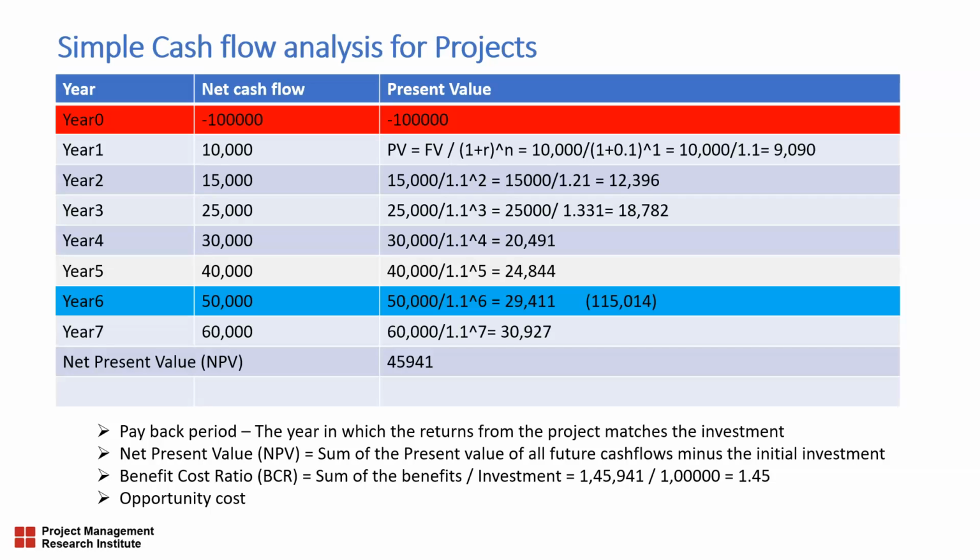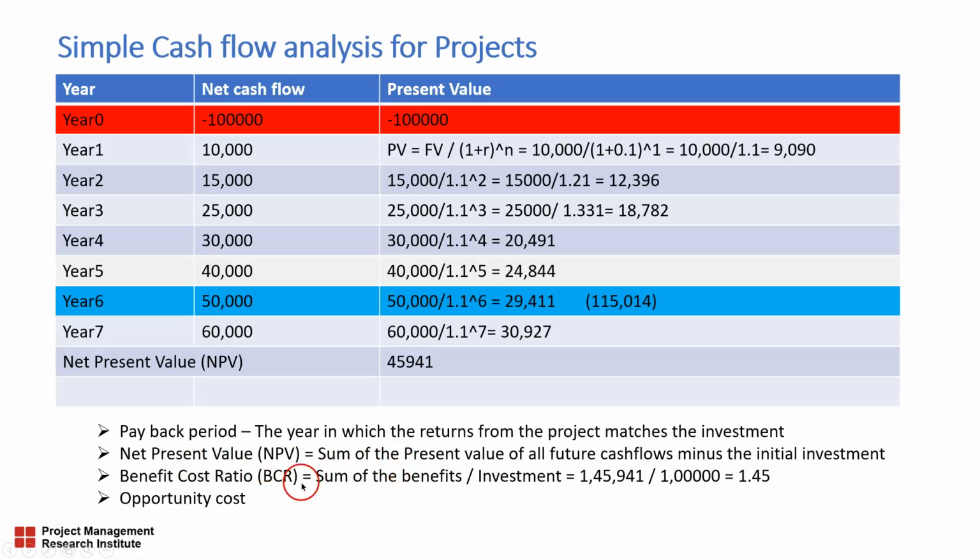That means in 6 years' time, we can take out the investment of 100,000 from the project, because the project would have given us an equivalent of 100,000 in present value terms. So in this case, the payback period is 6 years. If I invest 100,000 in this project, in 6 years' time I can take my investment out, and after that, whatever I get is a profit.